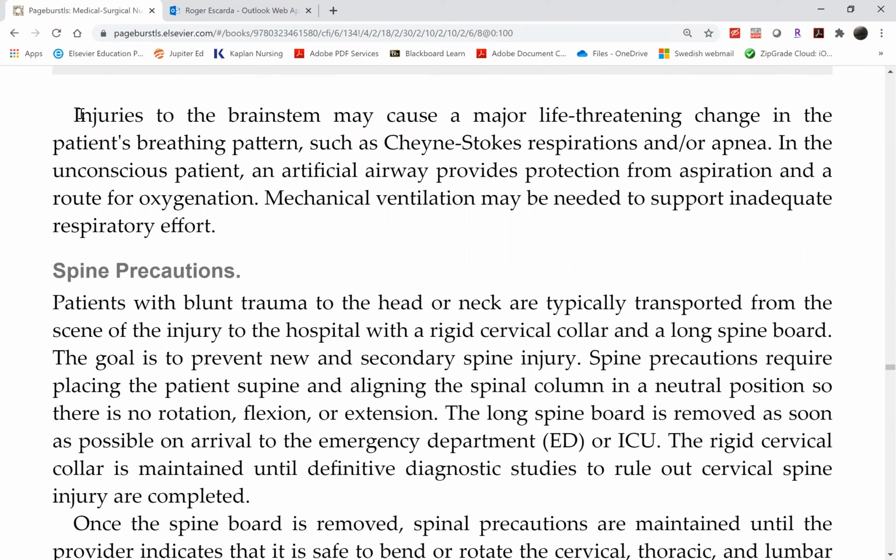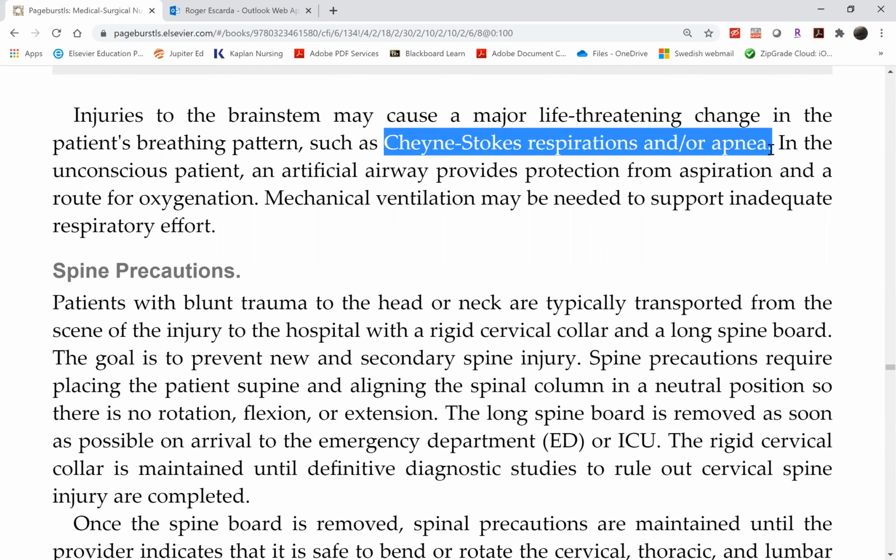Cushing's triad will be discussed later, but this is already part of it. So the patient presents with changed strokes respirations. This is now part of the Cushing's triad, although you need the other two in order to complete it. Either way, Cushing's triad is not a good sign. All it does is confirm that a patient has increased ICP, but it's actually a late sign and